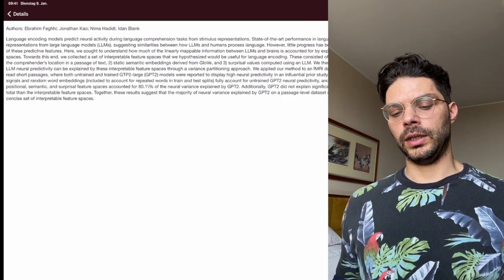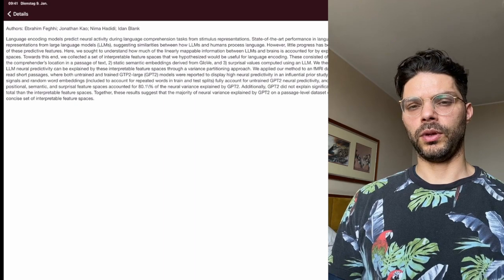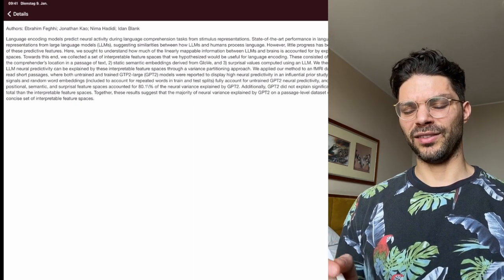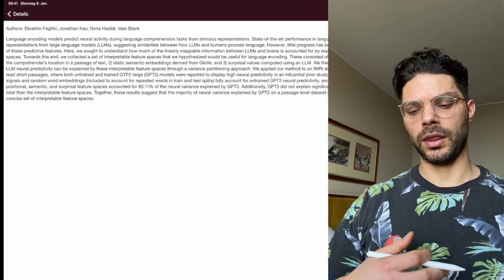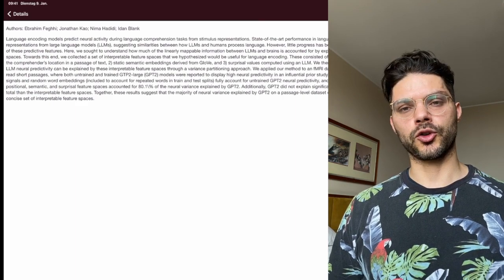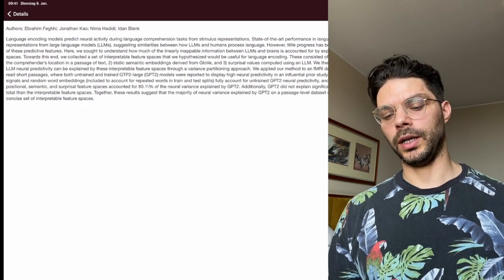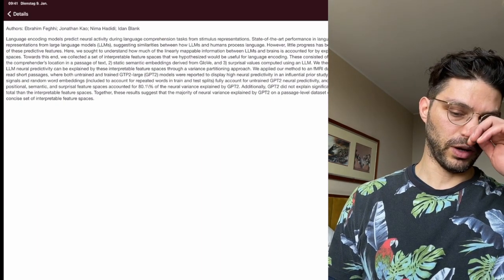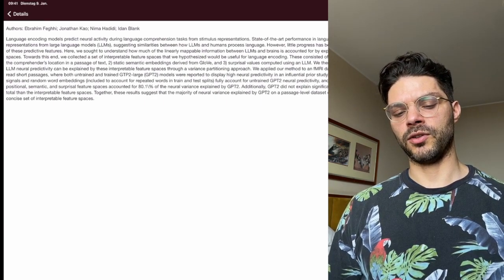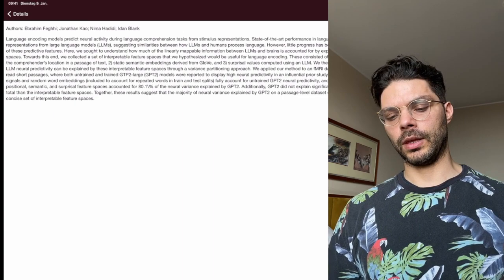Okay, so yeah, this isn't quite my corner of the field, but I guess they're trying to say, how do we explain what these LLMs are doing? So they've picked some features that they think are going to be useful, and they find that you can capture a good chunk of the variance that's explained by GPT-2, which is admittedly an earlier version of these GPT models. So I don't know how it would apply to the later models. So it's a case of guessing what those features are and then comparing to the network.